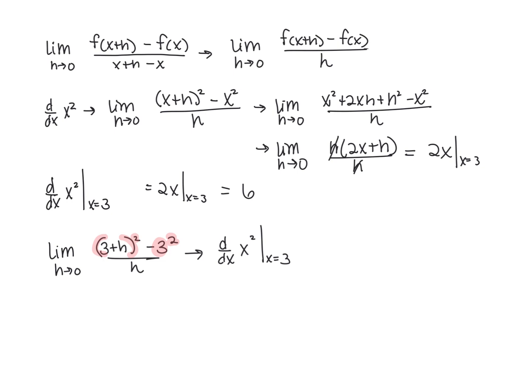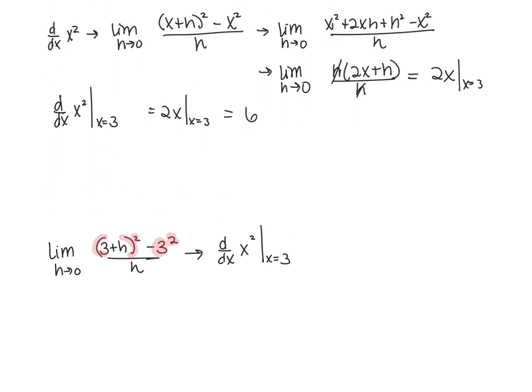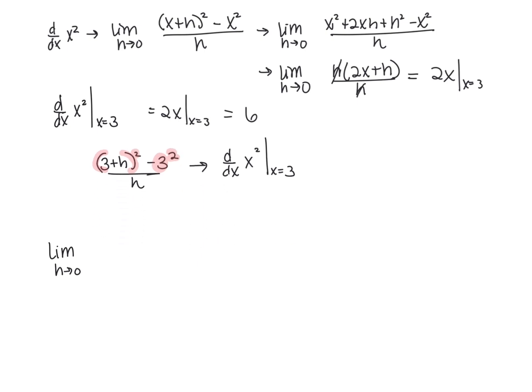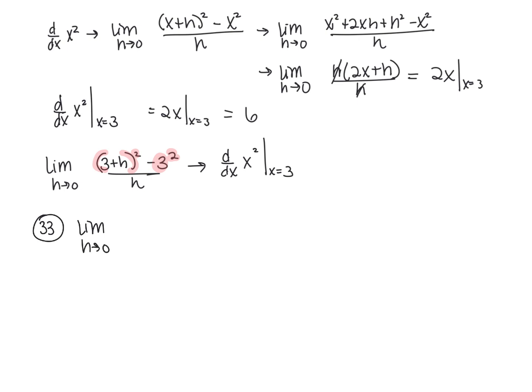Let's go to the example on that AP Classroom first semester review. Let's look at problem number 33. Let's see if I can scroll this. Okay, if we look at problem number 33, it says the limit as h approaches 0 of e to the negative 1 minus h, minus e to the negative 1,